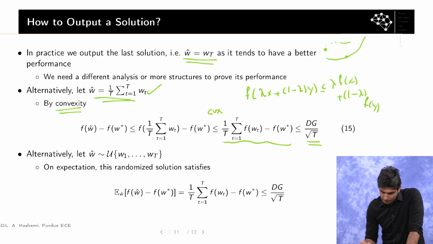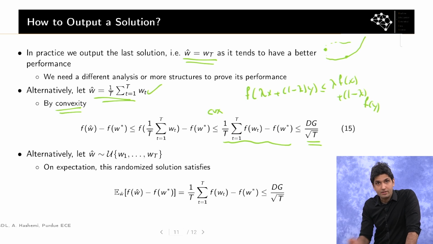So therefore, by convexity, taking the average of all iterates is going to be a solution that enjoys a provable bound on its suboptimality. But I want to point out here that taking the average only makes sense if your function is convex. So in practice, especially when it comes to optimizing deep learning models, this is not going to be something